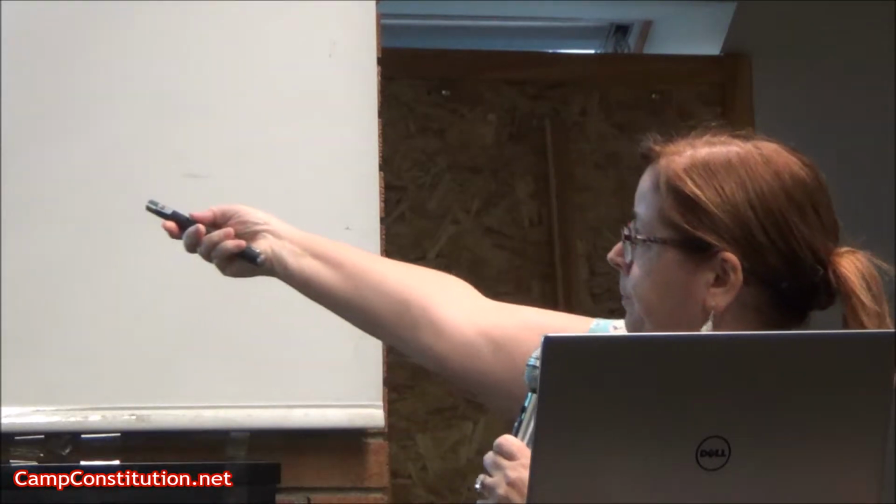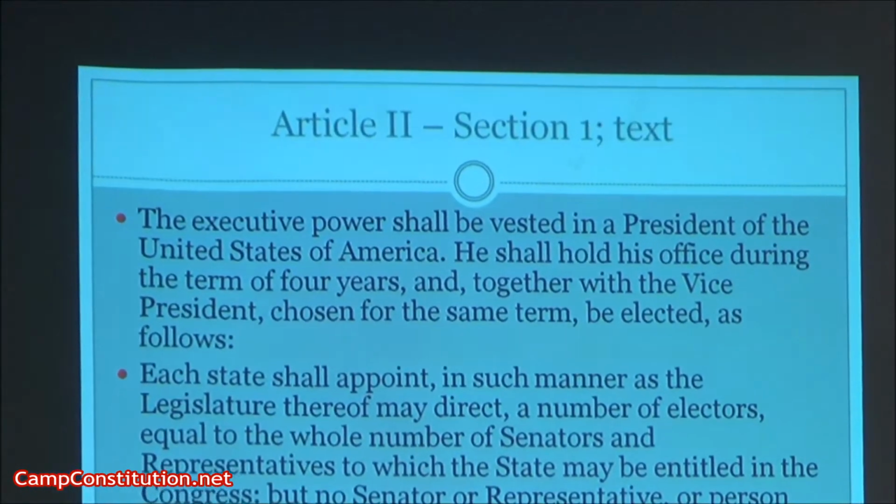The text says the executive power shall be vested in a president of the United States of America. First, I've got to pull it apart later, but I want to just stop here and talk about this word vested. Because we tend to gloss over it. Yeah, power's vested. Okay, he's got the power. Yawn, go on. Vested is actually a really interesting and important term.